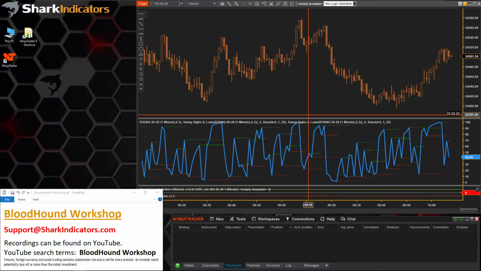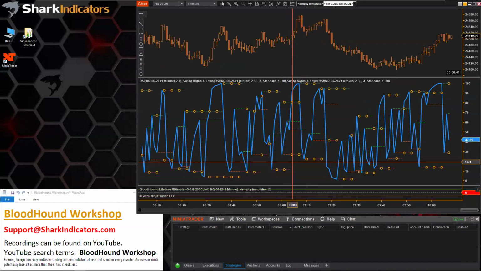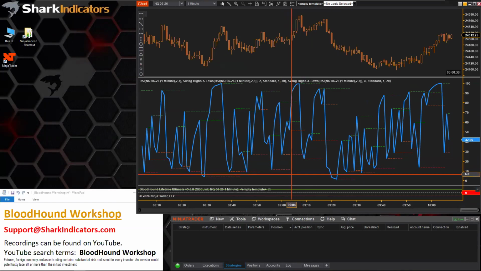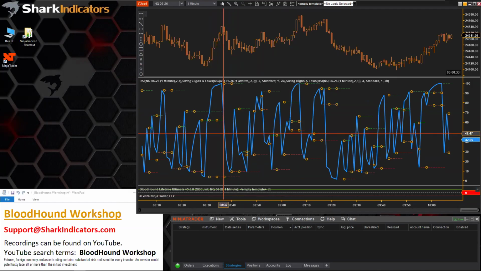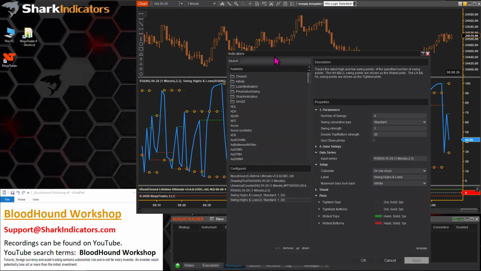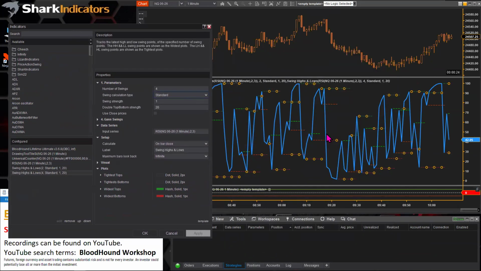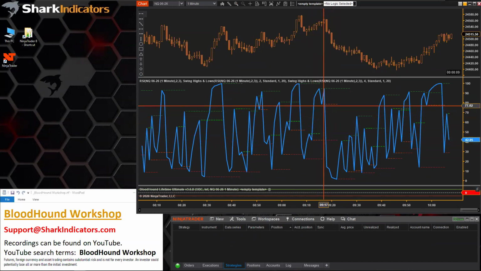All right, so if we look at the chart here, I already have it set up. Here's the RSI 2-period, and you can see I do have the swing lines on there. There's one set, and then I also have another set here. So let's open up these indicators. And sometimes, actually, let me take the dots off. There we go. Sometimes you'll notice that we do have access to 2 swing points at a time.